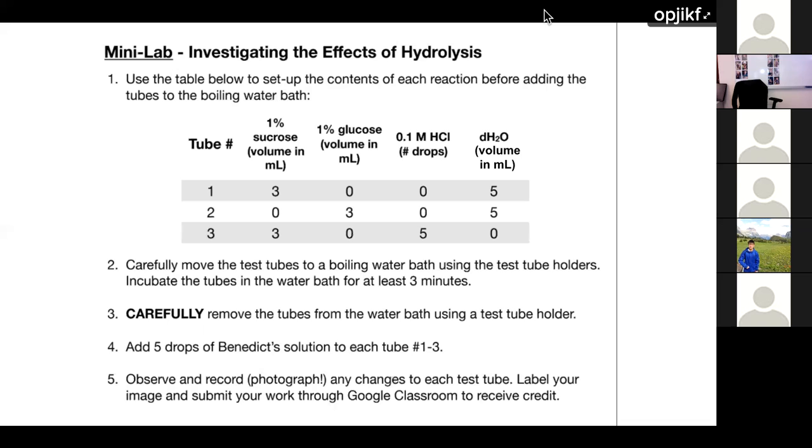Is the HCl the Benedict's or is it the other one? The HCl is in the little dropper bottles with the red tape on them. This is water. Don't taste that stuff. It's still dilute, I mean,